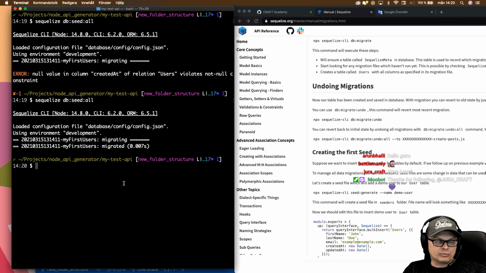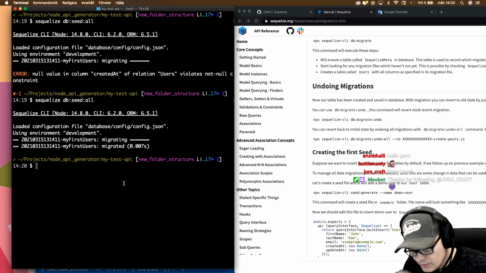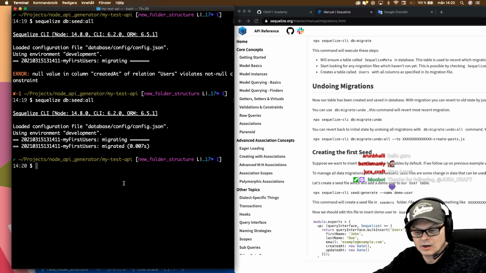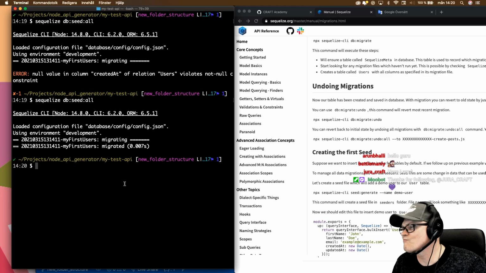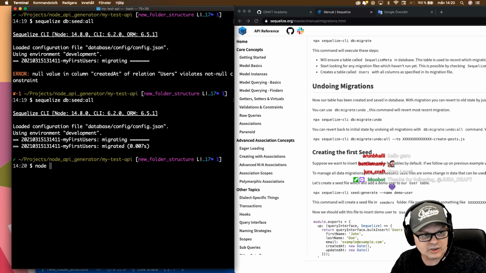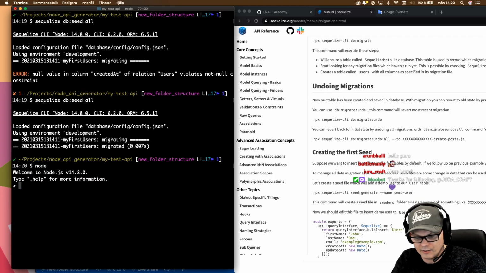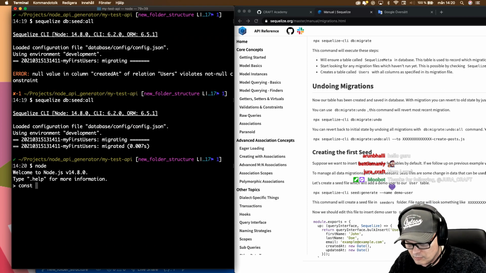So basically what I would like to do is, how can I do that in the REPL? Let's see if I can do that. Right, so if I just say node, and if I say const models equals require